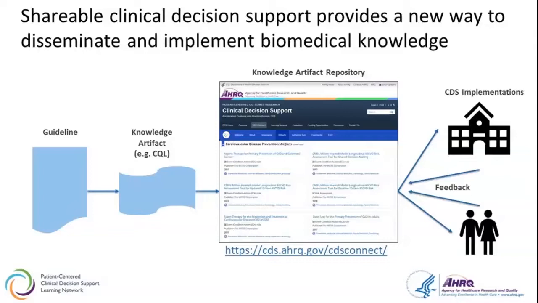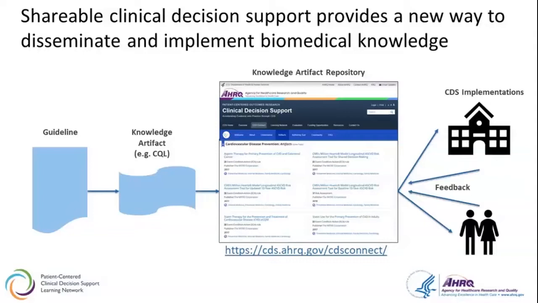So if we move from left to right and we look at the chain in which evidence can move from a narrative guideline, which I think we've all seen, say in the form of a systematic review or a meta-analysis write-up or even a clinical practice guideline, that's great for human readability, but there's not much that a machine can do. So in order to make it machine interpretable, we need to transform that narrative into varying